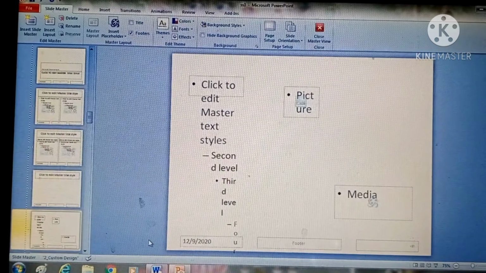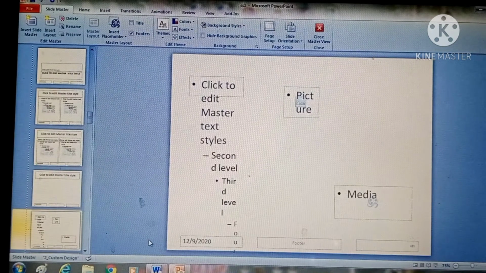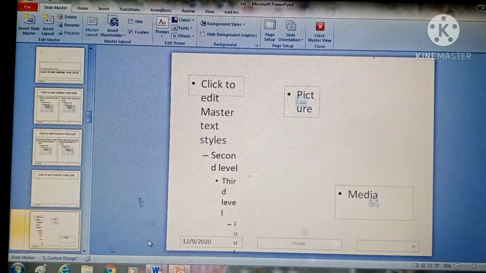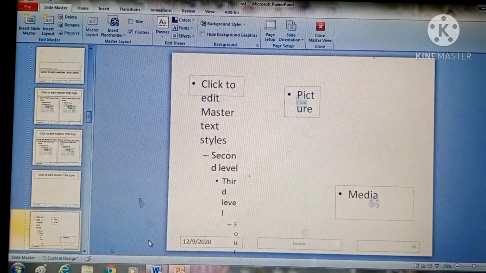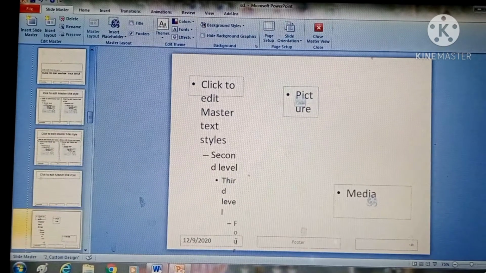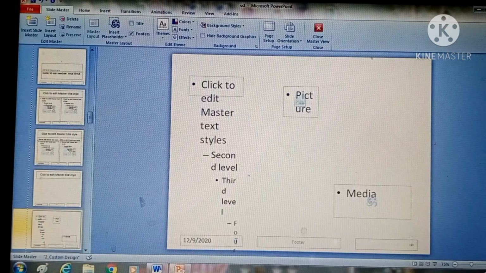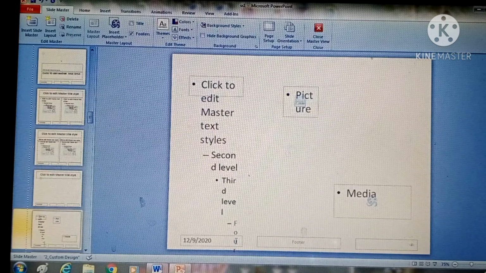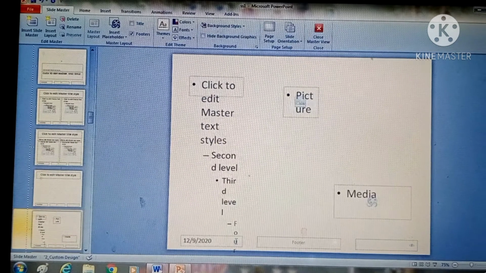Firstly I told you how you can delete something from the slide master. Now I told you if you want to insert something in this. This is that by this way you can customize it by deleting and by inserting something in these slides. If you have customized this slide master and you are using it, but if you want to use it further, then you have to save it. Then how will you save it?